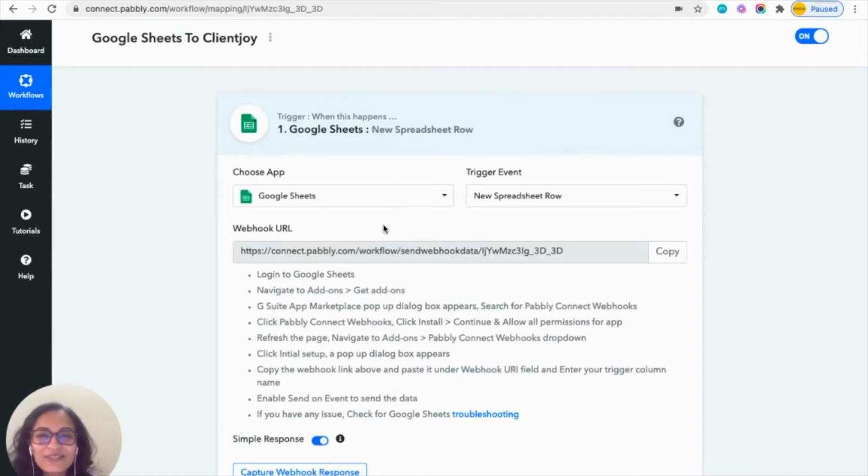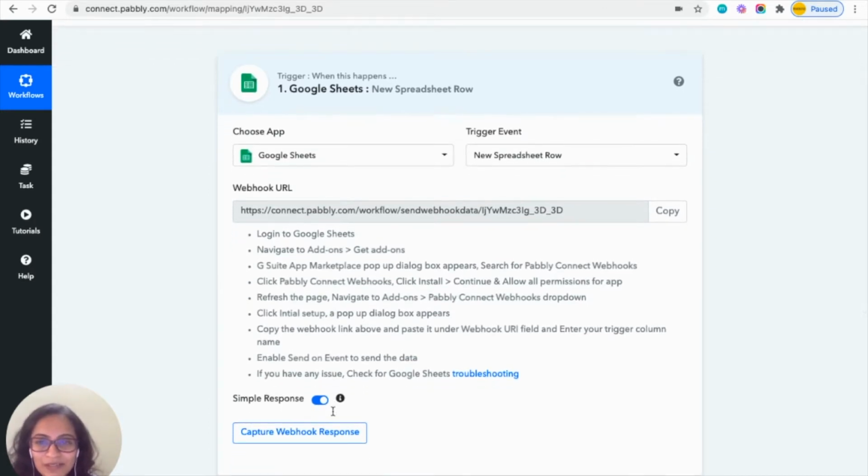So here you can see that it has taken in the trigger Google Sheets, and in the trigger event a new row will be created in the spreadsheet. Now you will have to follow the below steps that they have shown here. Now you will have to log in into your Google Sheets and navigate to add-ons and get add-ons. So what I'll do is I'll show you all the steps and how you can connect your Google Sheets here.